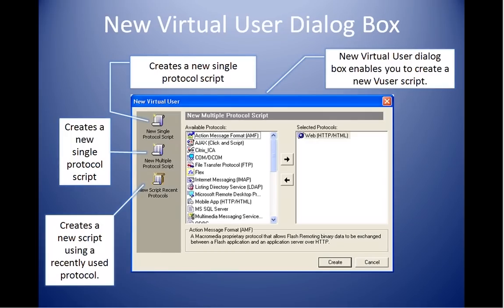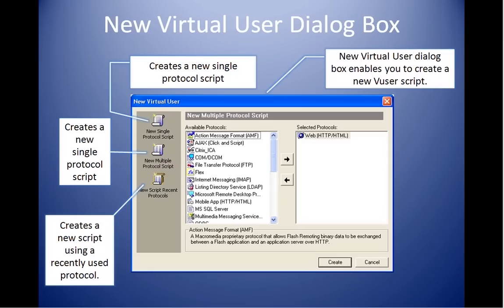New virtual user dialog. This dialog provides the option to select the protocol to record the script. The protocol is the language that application uses to communicate with backend of the system. There is a list of protocols which LoadRunner offers to record the script. Because of this uniqueness of supporting a variety of protocols, this is industry ruler. Generally, application uses a protocol to communicate with the server, which is used for recording the script.